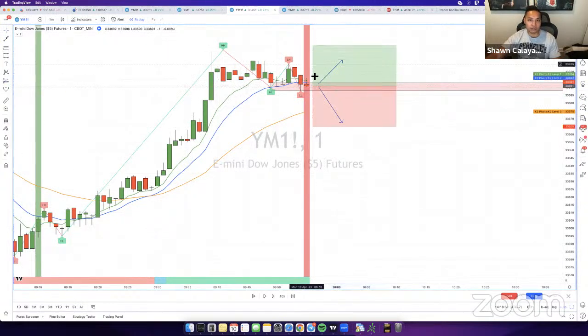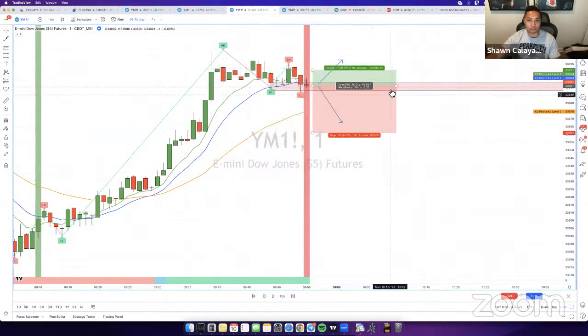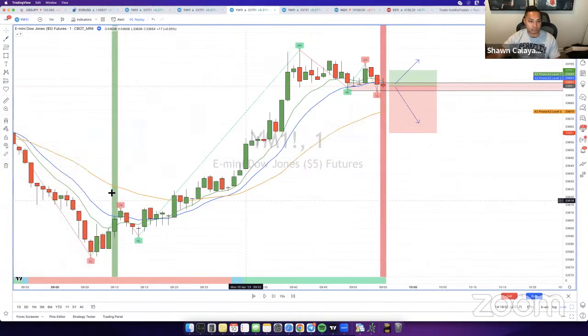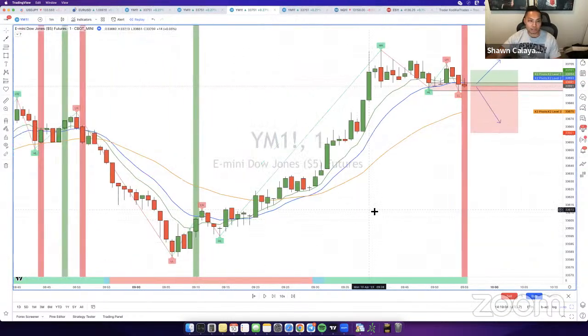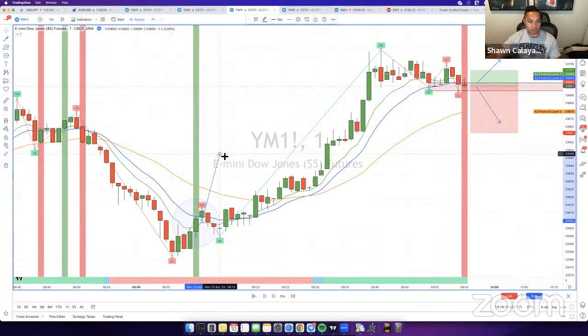If you see patterns like that, there's no right or wrong way to identify the market. Everything that you see and everything I see could be completely different. But if you see a pattern that plays out, I think the momentum signals are the best indicator to identify entry points, because price is going to go either way. For example, you have a buy signal here, price is going to go up or down, right? Price is either going to correct, go in the direction of momentum, or go in the opposite direction.